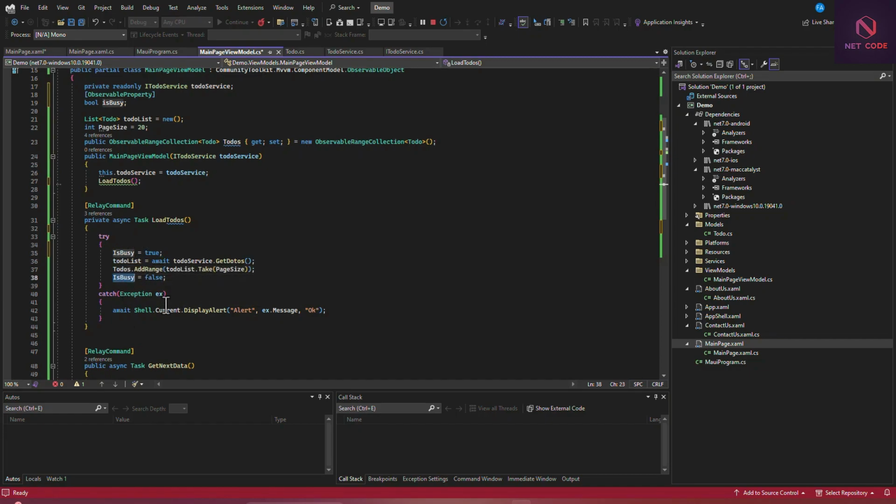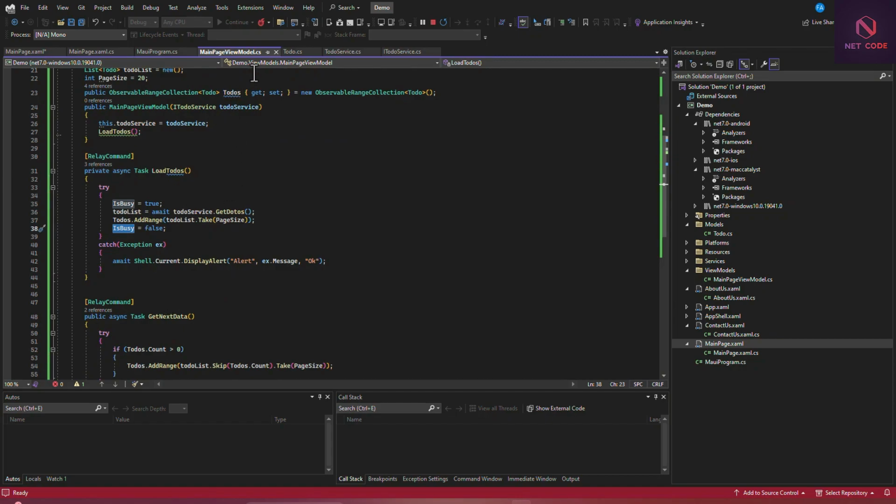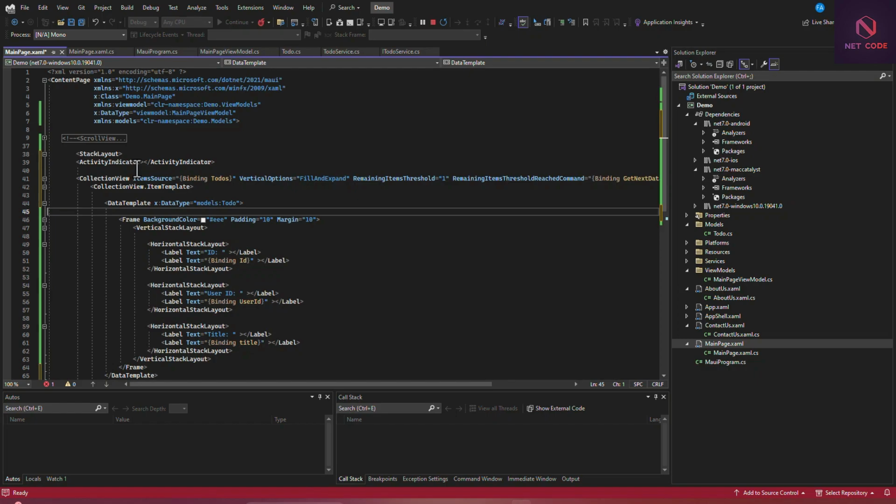Okay, so let's save this and let's go back to our page. And now this indicator, let's set the color as red, and let's set IsRunning to true. And now it's visible. We bind this to IsBusy.